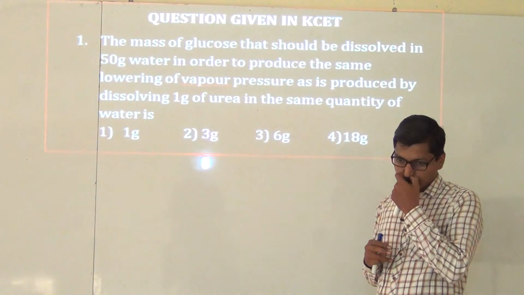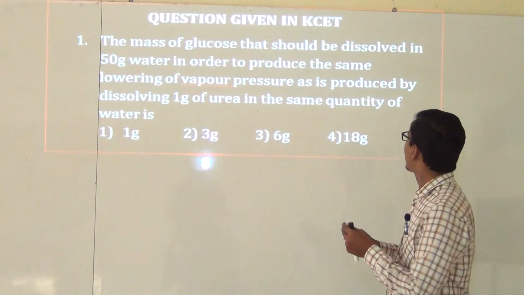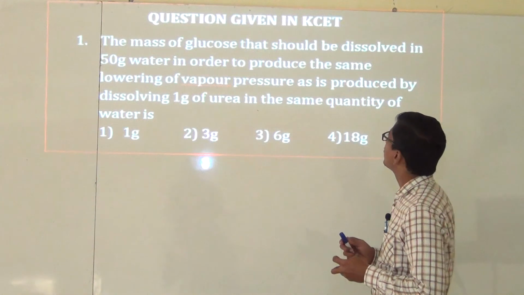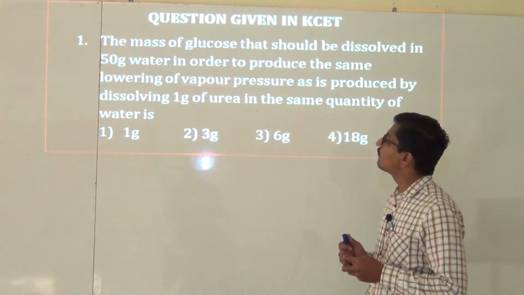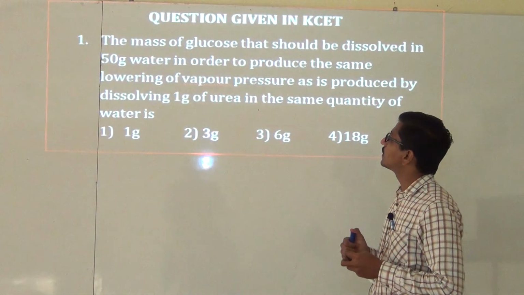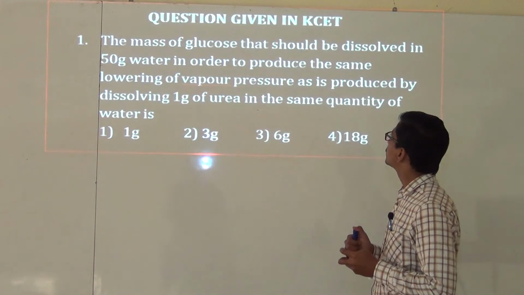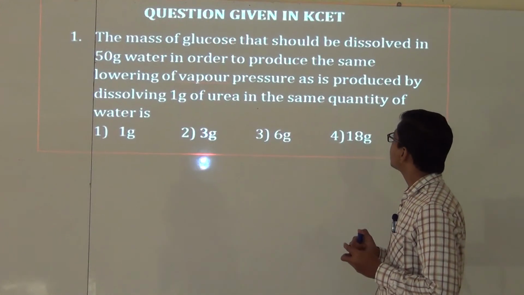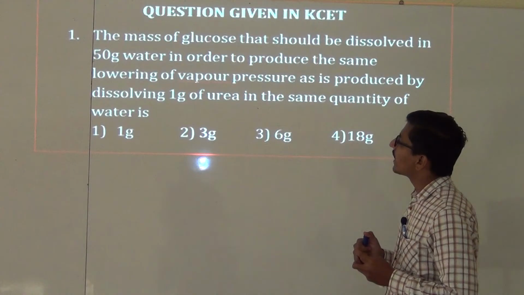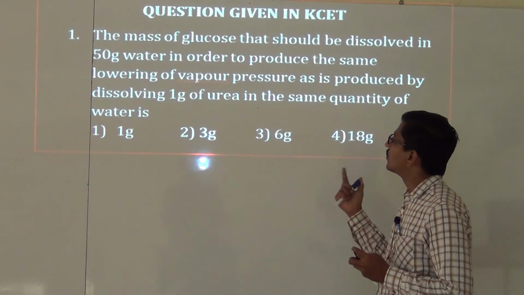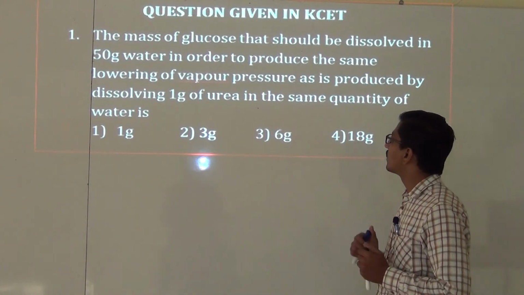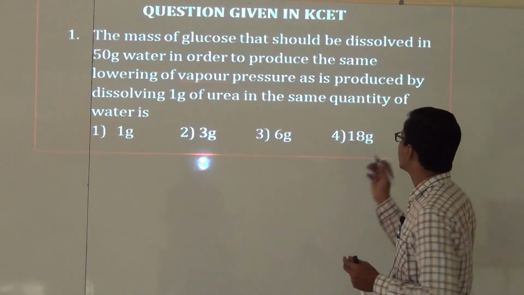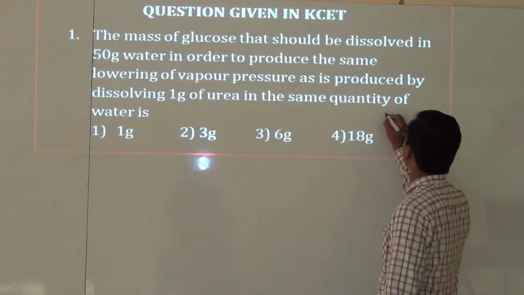In this, the first question is: the mass of glucose that should be dissolved in 50 gram water in order to produce the same lowering of vapor pressure as is produced by dissolving 1 gram of urea in the same quantity of water. And this question is